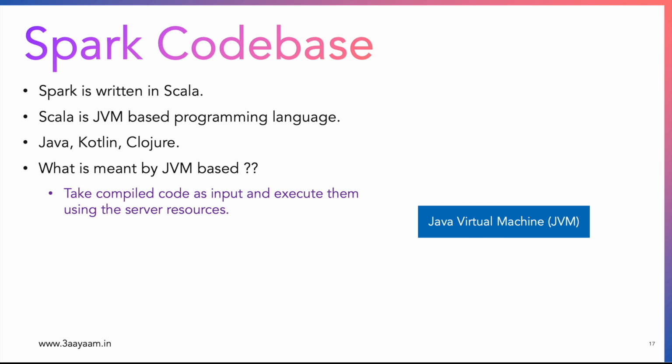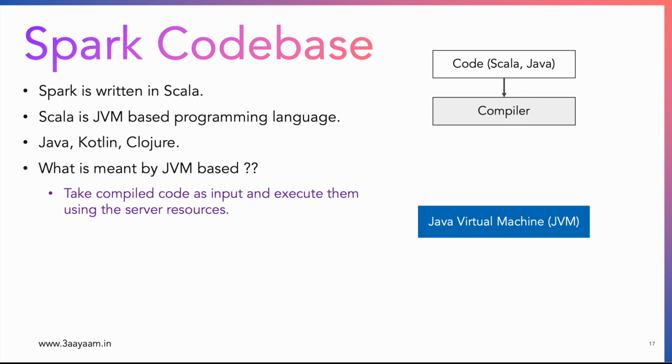So JVM sits here, and let's say we have this code which is not yet compiled. We write it either using Java or Scala or maybe Kotlin, any of the JVM based programming languages. Then what we do is that we compile the code. When you compile, the code is taken by the compiler and it creates something called a bytecode or executable code. So the high level programming language gets compiled into an assembly based programming language. The reason it is done is because JVM understands the assembly based programming language rather than the high level code that